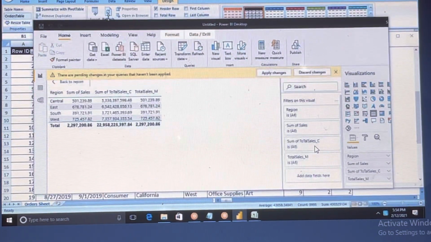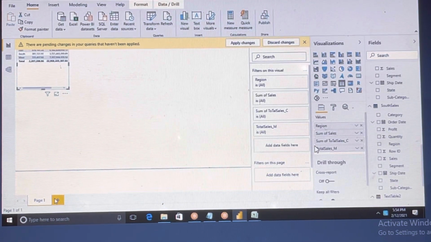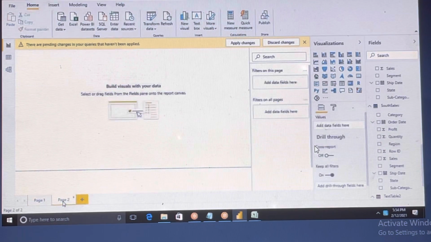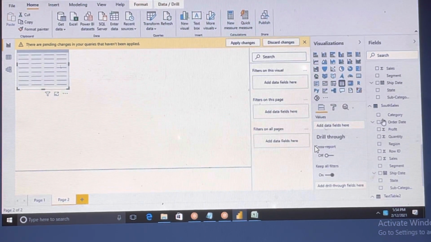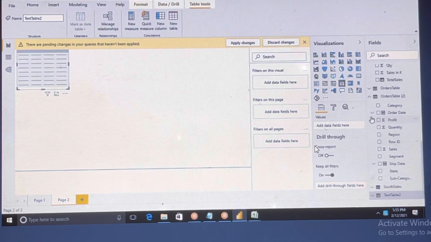Okay, it is in the focus mode. Let's go here, click on the page one. So now we have some data. Let me bring the table. Let me minimize all this stuff, so whatever we need we can use it. So yeah, I want these things.